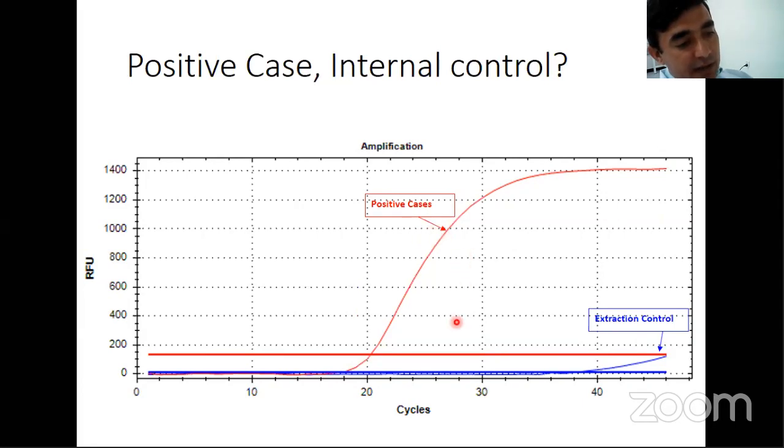If I look over here, the PCR peak or the CT cycle is appearing very early. Once the COVID RNA is detected very early, the extraction control is basically inhibited. Why is this extraction control not appearing, but the COVID sequence is appearing? This is because the viral load is too high, so the PCR cycle is detected at very early phases. And once the PCR cycle is detected very early, in the initial phase, all of the PCR ingredients